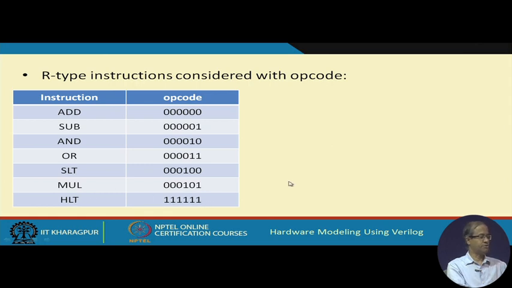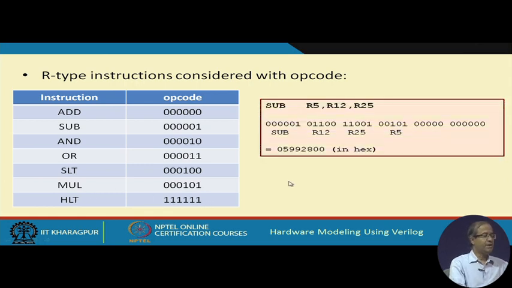This will represent halt. Now, an example of encoding, let us take a subtract instruction, sub R5, R12, R25. The subtract opcode is 00001. When you convert it to the instruction format, for subtract we write this 0001, then the 2 source registers R12 and R25. 12 in binary is 01100, this indicates register 12, and 25 is 11001, this indicates register 25,